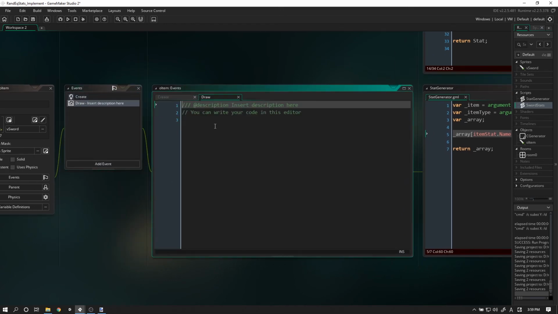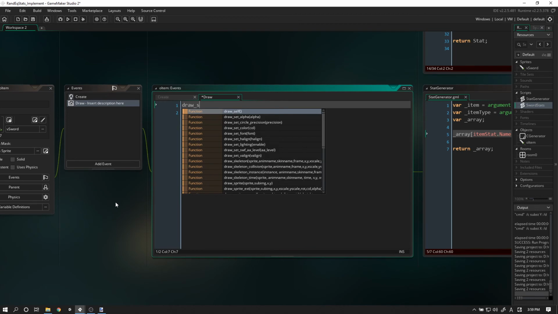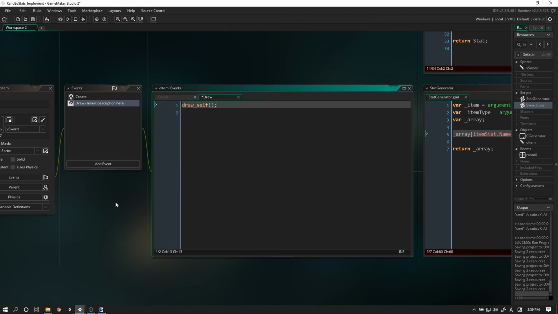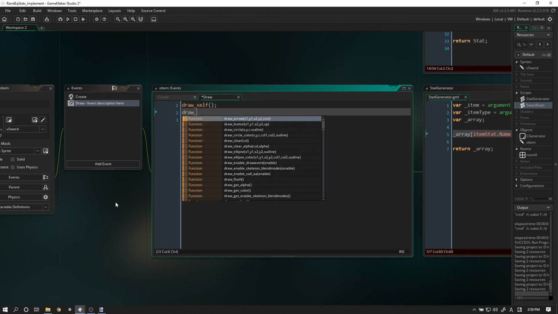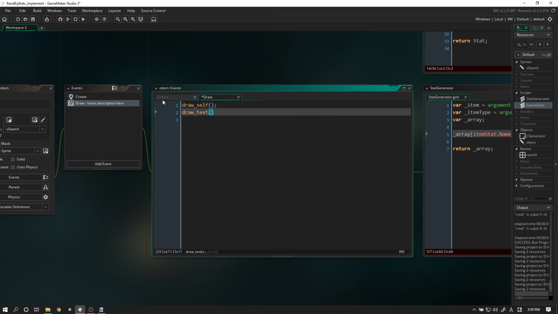Draw. All right, for this one, we're going to draw the sprite that we have, of course. Draw self. And we're also going to draw text. Now, here's where it gets interesting. We are going to use stat generator for that. So stat,